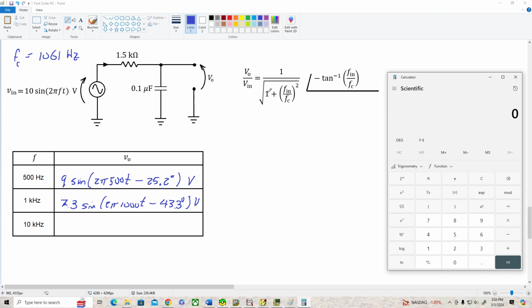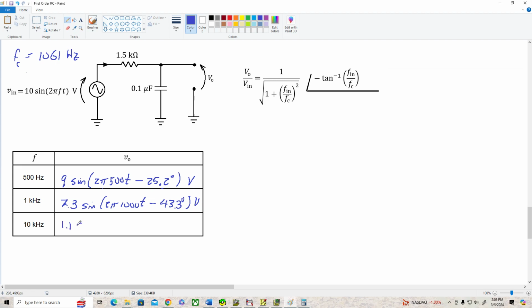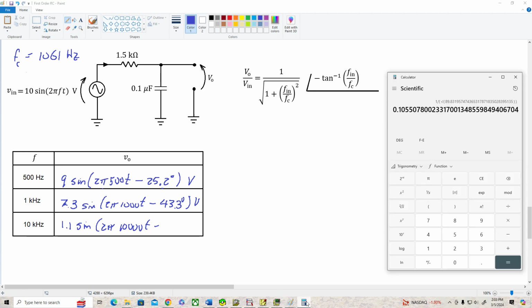Finding the magnitude, 10,000 divided by 1061. We're going to square that, add 1, take the square root, and then the reciprocal, and our response is now 0.11. So that would be 0.11 times 10 is 1.1 sine 2 pi 10,000 t minus a phase angle of, 10,000,